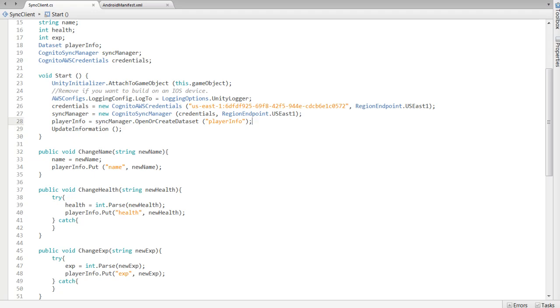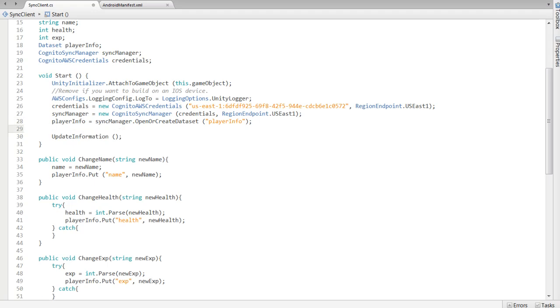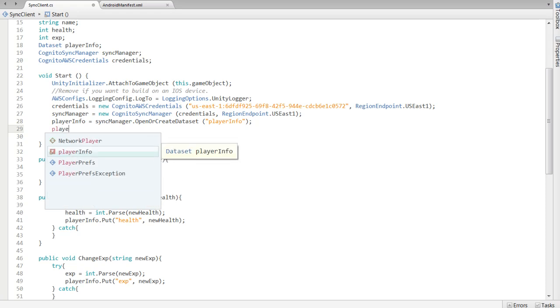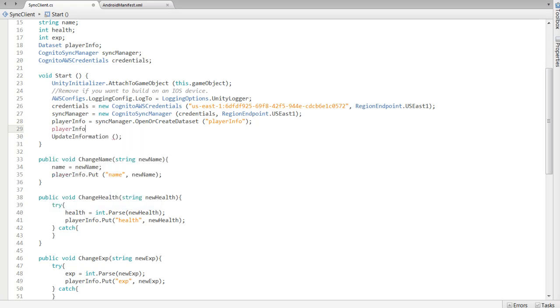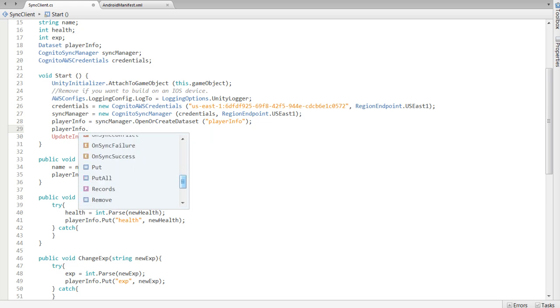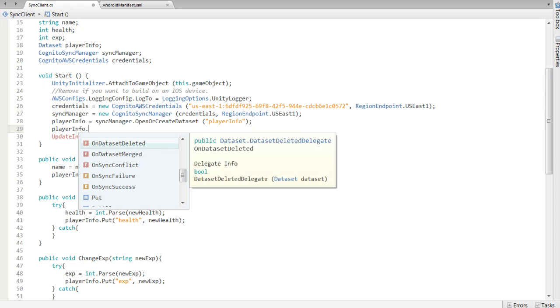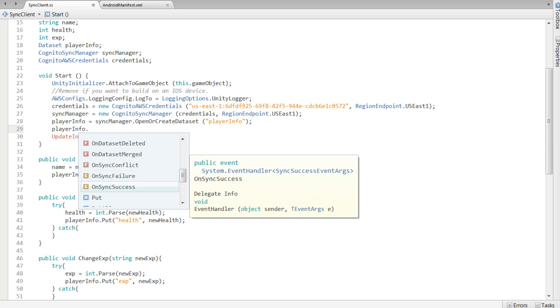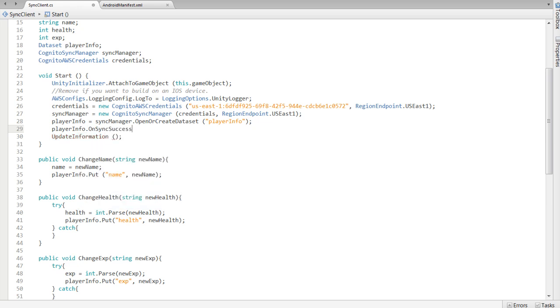Next thing we're going to do, we are going to call this update function whenever we successfully synchronized our data. That way, if the data was modified on another device, we're going to be posted on the editor or not. Like this. So it's in our player info. We have a bunch of events: on dataset deleted, on dataset merged, on sync conflict, on sync failure, on sync success. So it's on sync success event